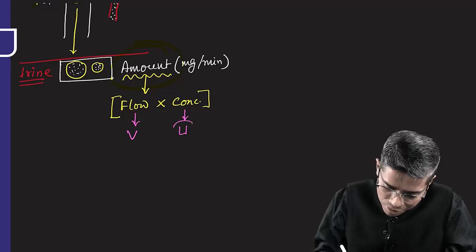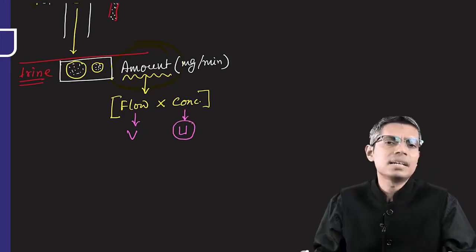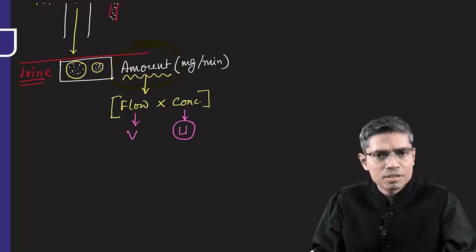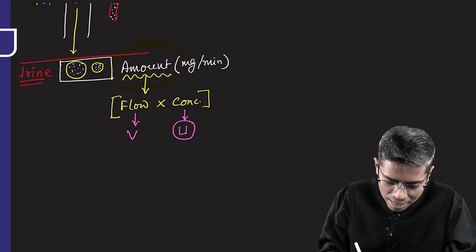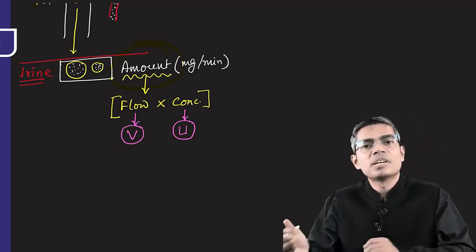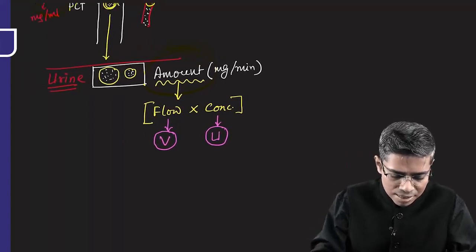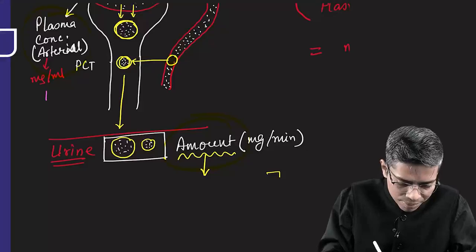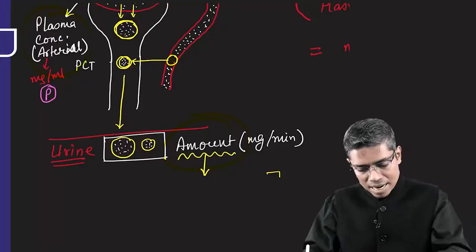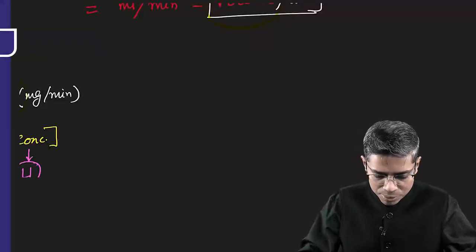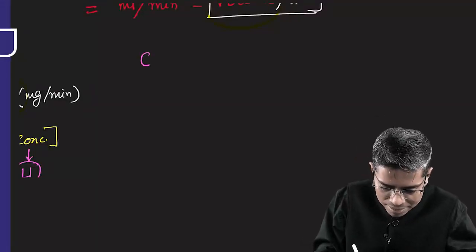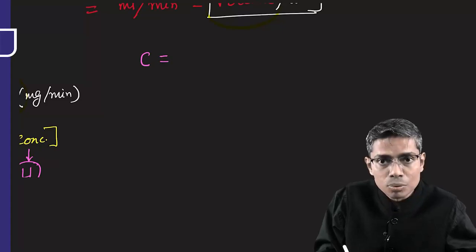So urinary concentration of creatinine, or any other substance you can measure, is denoted by U. Urine volume or flow, volume per unit time, is denoted by V. And the plasma concentration that you have measured from the arterial plasma is denoted by P. That's why, if you look at the formula of clearance, that is C, it is equal to